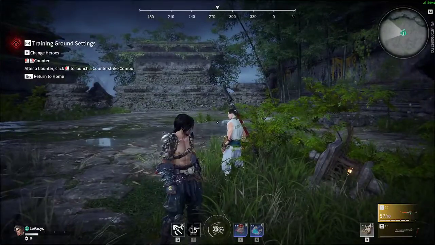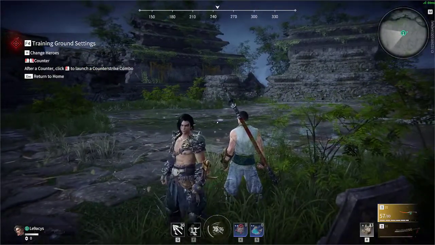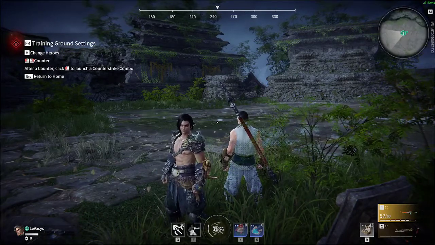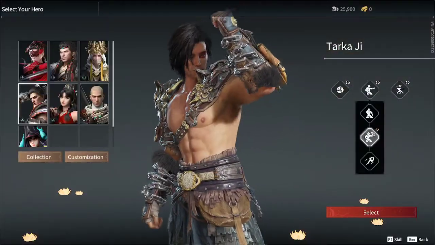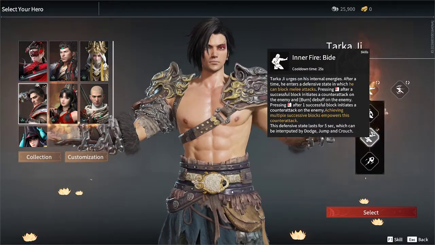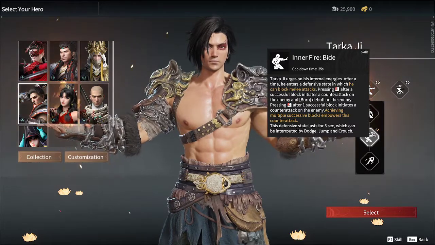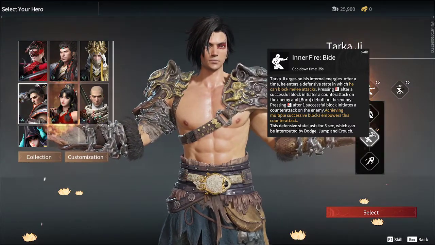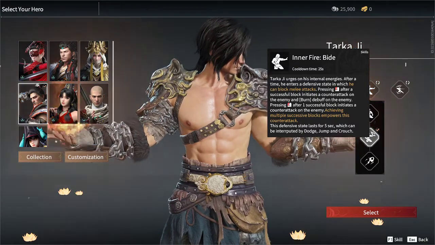So what does that really mean? What that means is, this move, let's talk about what it does. This move allows you to parry all attacks. Let's just read it real quick. It says it can block melee attacks. And after successfully blocking some attacks, and depending on how many you block, if you press left click, you can